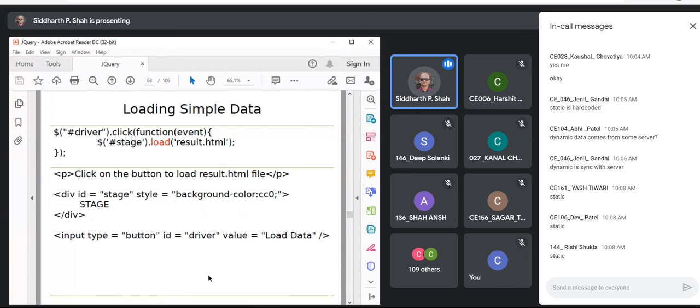So it will load that HTML file, and because you are not passing the second argument, that is data, as well as the third argument, that is the callback function, this is a get request, and it will simply fetch that result.html. It will load that result.html. And where will it load this file?